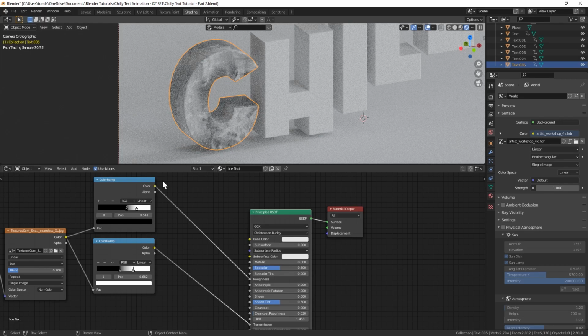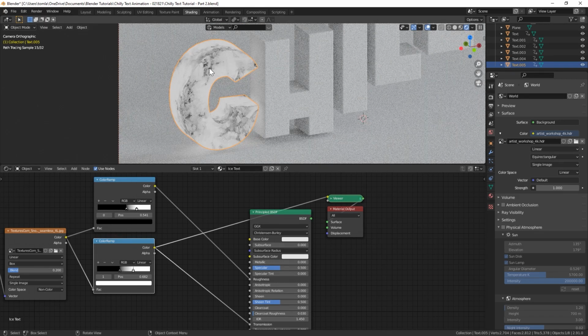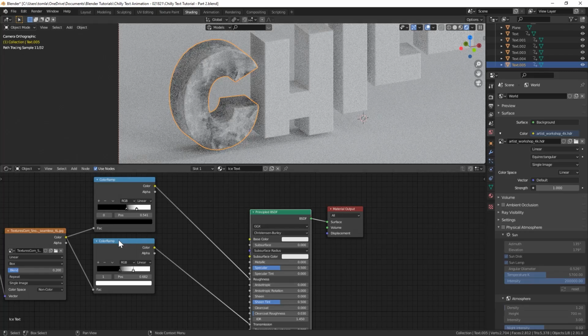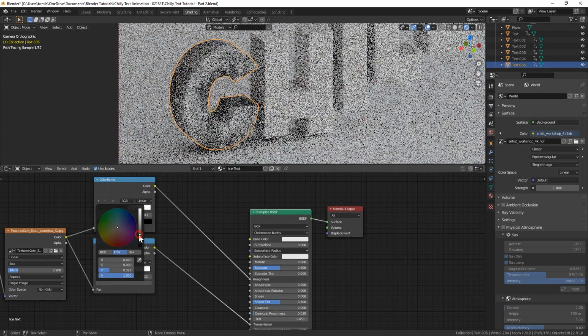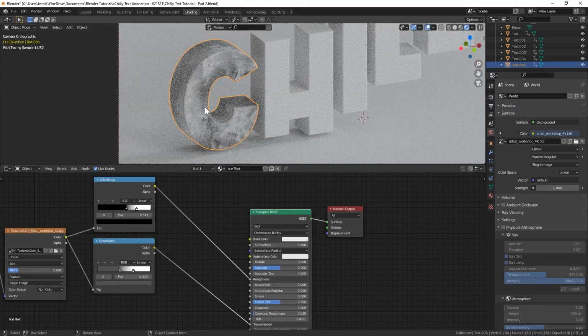So with this color ramp, you could see that anything that is white is going to be see-through, and anything that's black is going to kind of be a little bit opaque. Fully black will have no transmission whatsoever. And I want this to be an icy material, so I want everything to be a little see-through. So let's change this black up to a dark gray, just so it lets a little bit more light pass through. Might bring that down a little bit.